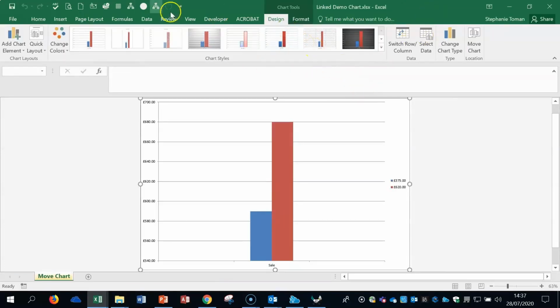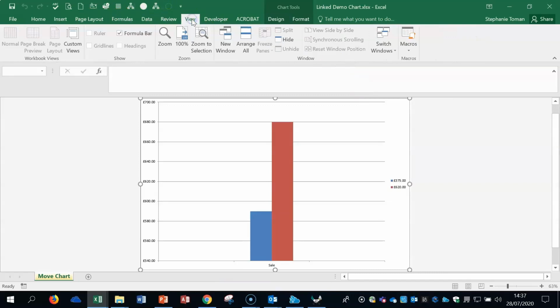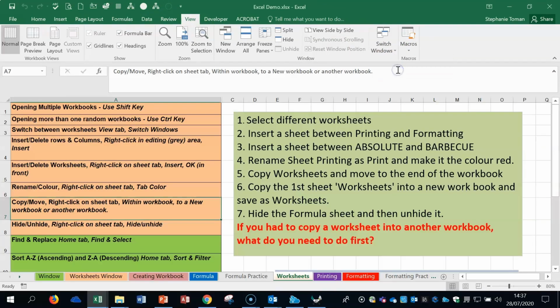Okay, and I'm going to switch. Remember we had this view and we had this switch window. So I'm going to switch this way now back to my Excel demo. So if I wanted to move this within this worksheet, I can just grab it and shift it along. I can move it in front of the formula practice. Grab it again and move it back